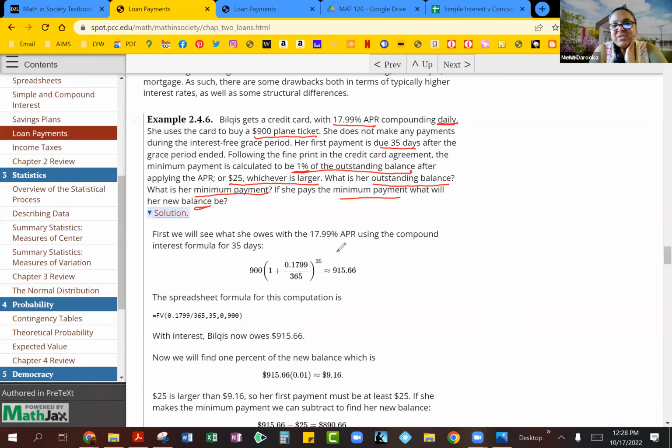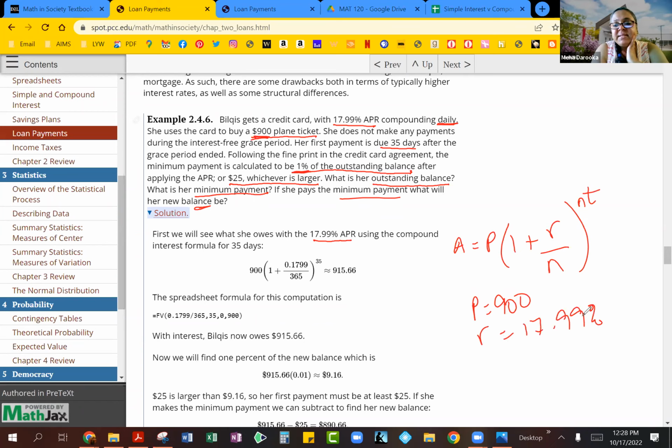So in this case, guys, when you are applying your 17.99% APR, you are actually going back to the compound interest formula with compounded daily. So this is the formula they went back to, where your principal, of course, is the $900 plane ticket that she bought. The rate of interest, of course, is your 17.99%. We are making a compounded daily calculation here. So N is 365. And then time in this case is actually going to be just 1 year, because, you don't really keep